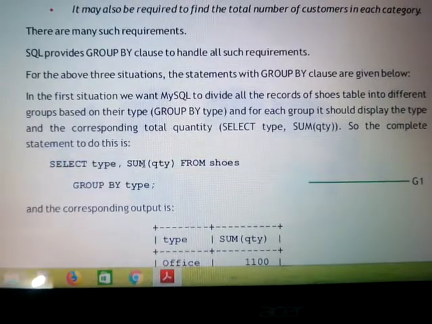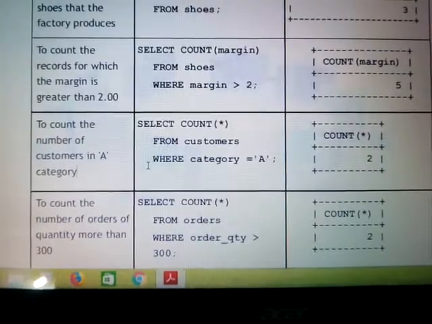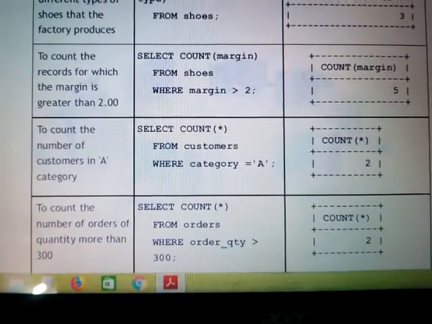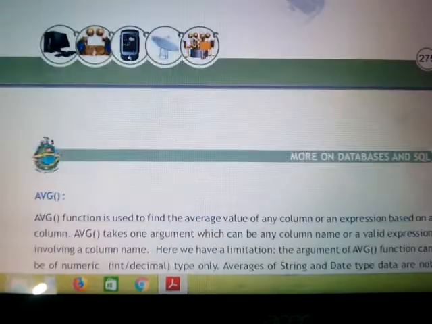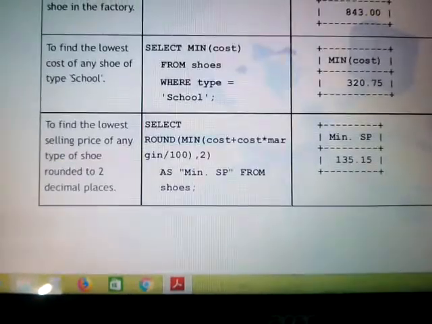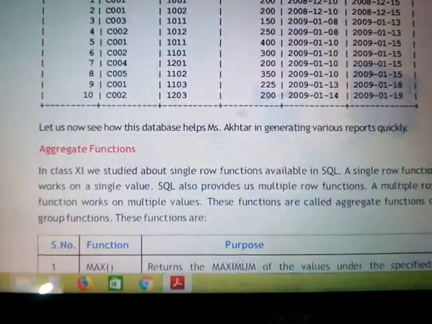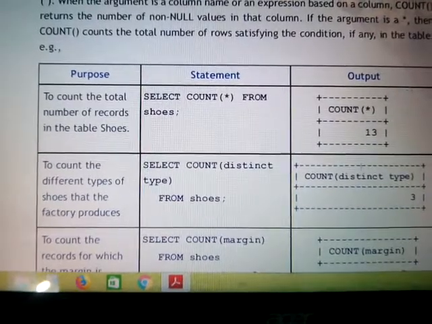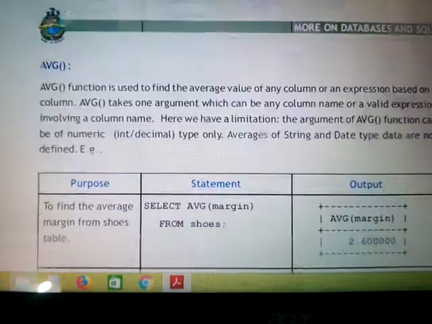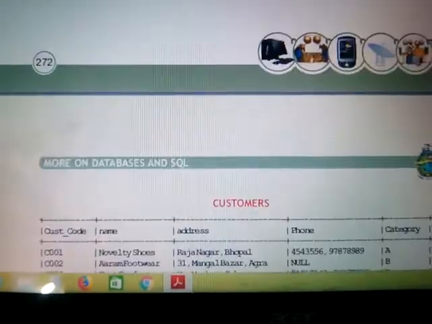Now let us see first of all the shoes table, and then we'll have a look at the type column. From there you'll get to know what actually are the types in that shoes table. Okay, the shoes table is here. First of all we'll check what the column names are and even what this type column is.